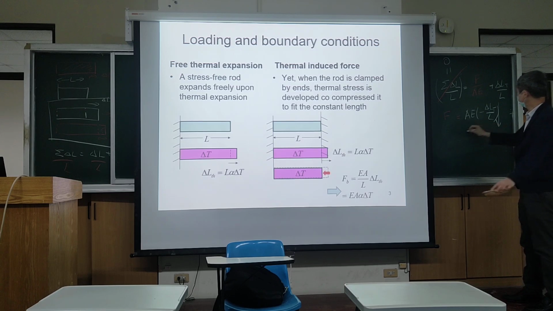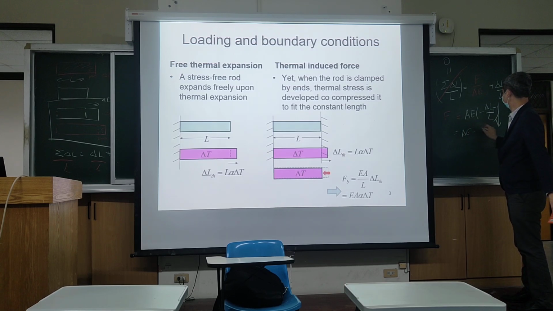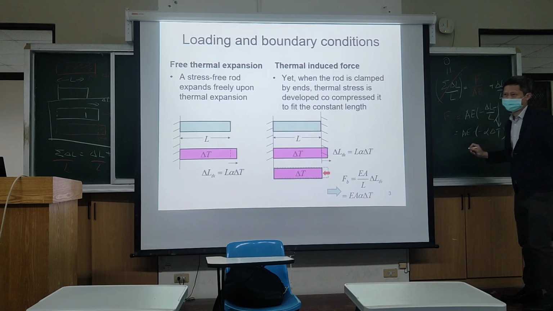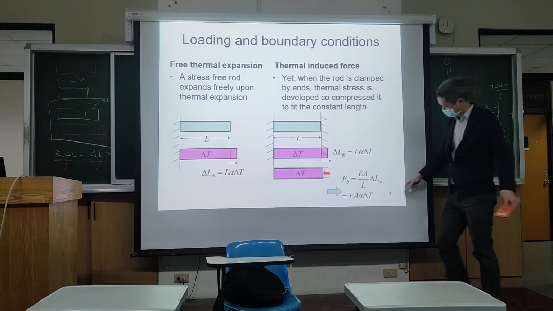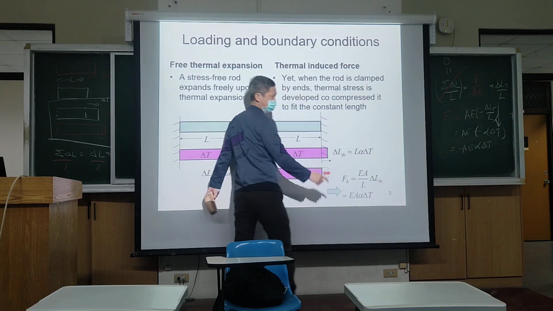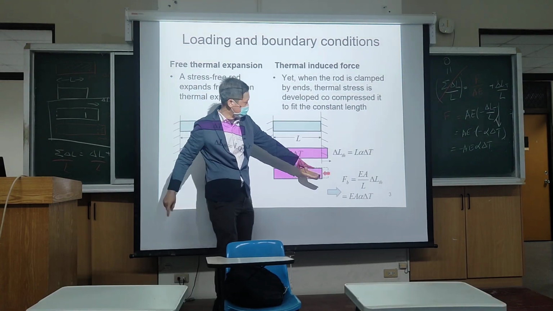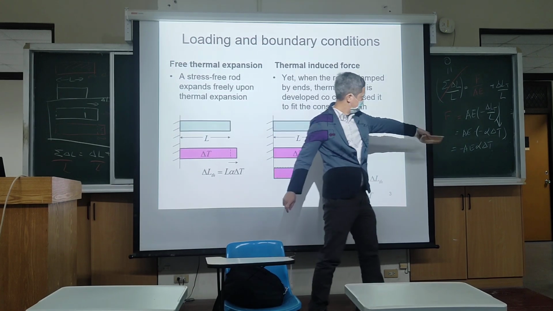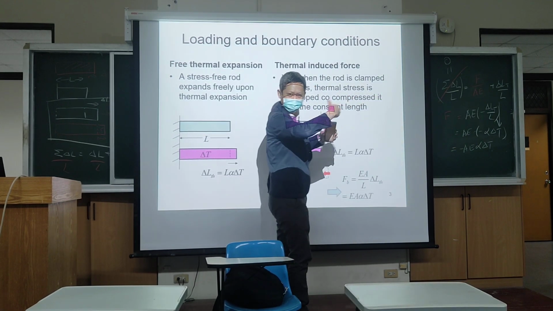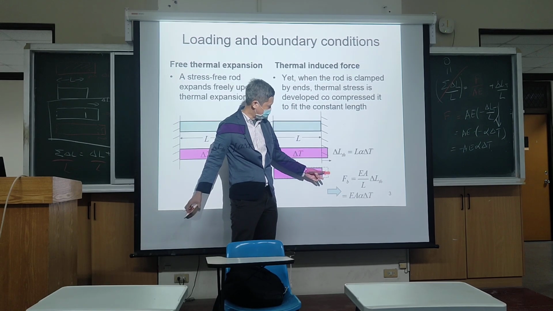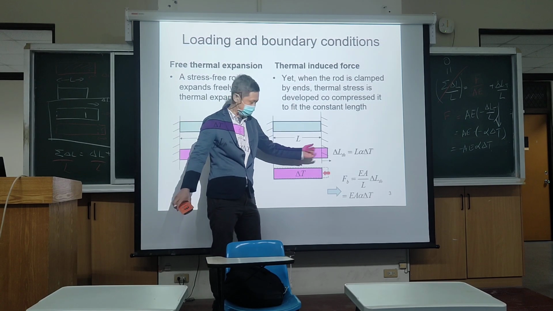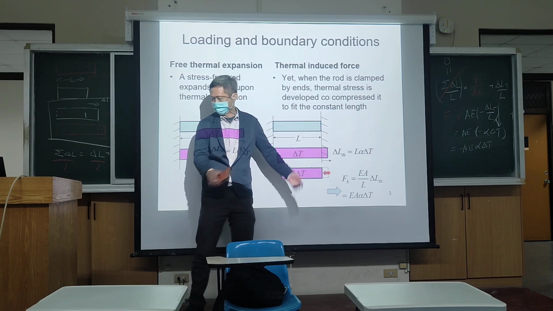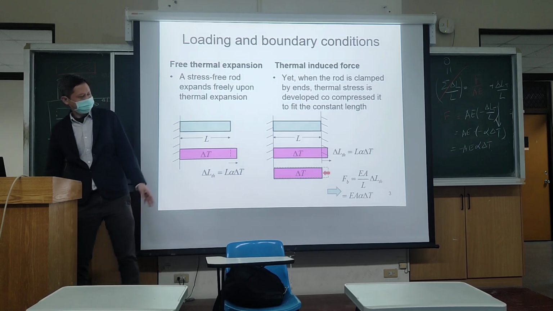And this is my AE negative alpha delta T. So means, you see, the block force is negative to the free elongation. Means the block force is going to be opposite to your free elongation,